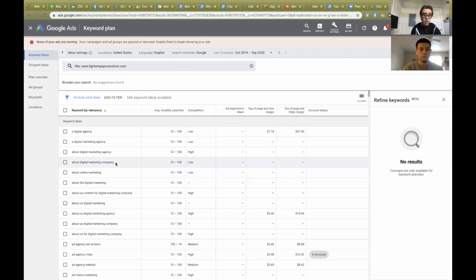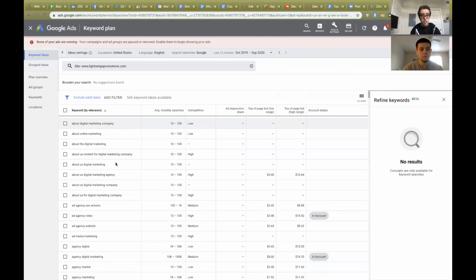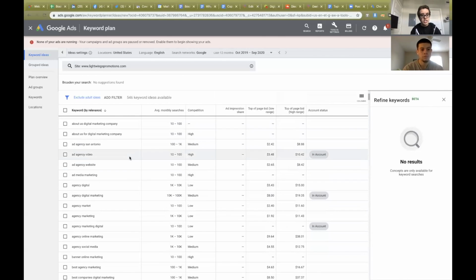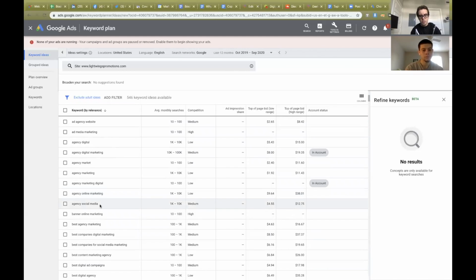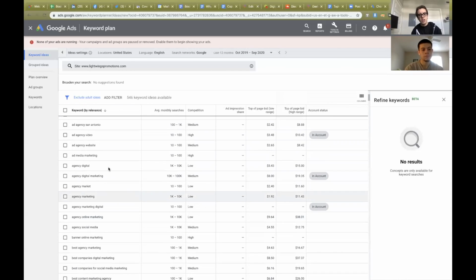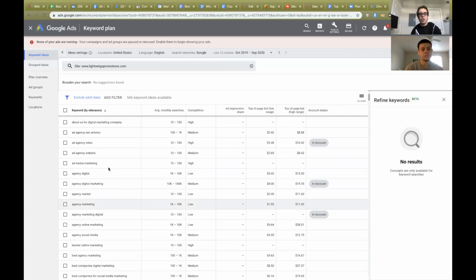Another content idea that you can come up with from these keywords: agency ad video, media marketing, online marketing, social media, social. All of these pertain to specific services, obviously. So, creating helpful content. We just created a piece of content called top tier tips for creating a marketing video. That's something that we could utilize with this keyword, ad agency video,